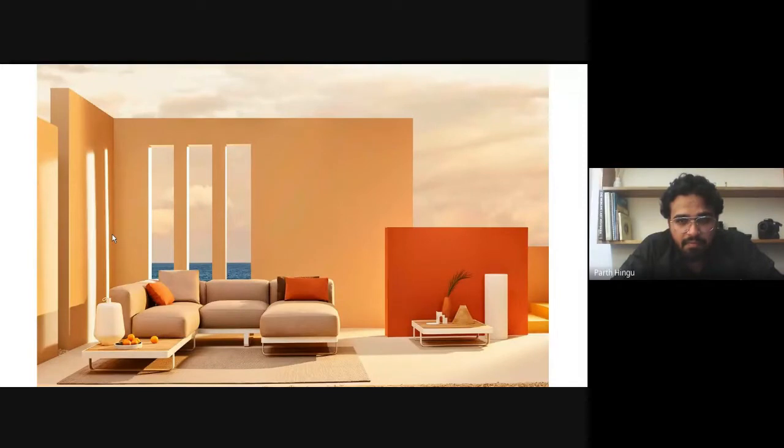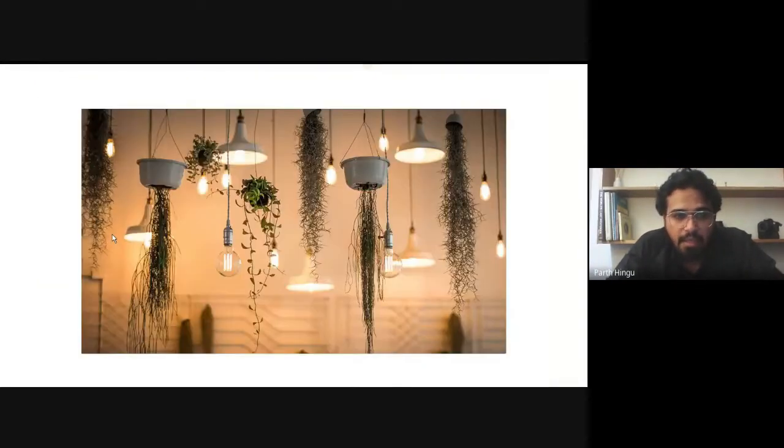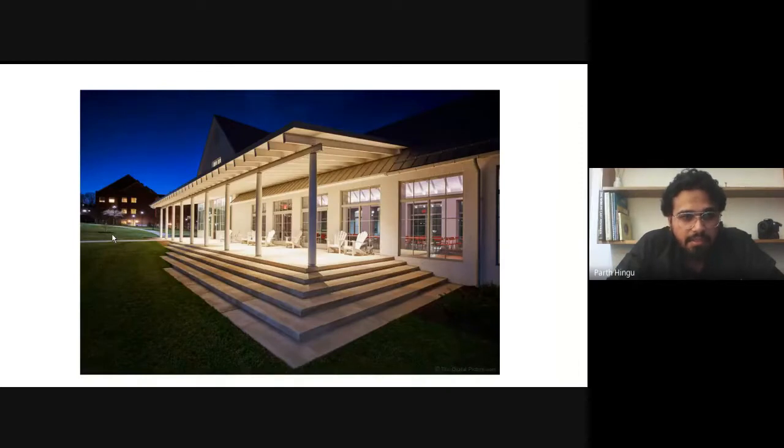Then this is a sunny day, and each and every piece of furniture, you can click a photograph according to your need. So these are some of the details inside your house or inside the property you are selling, like this and like this.